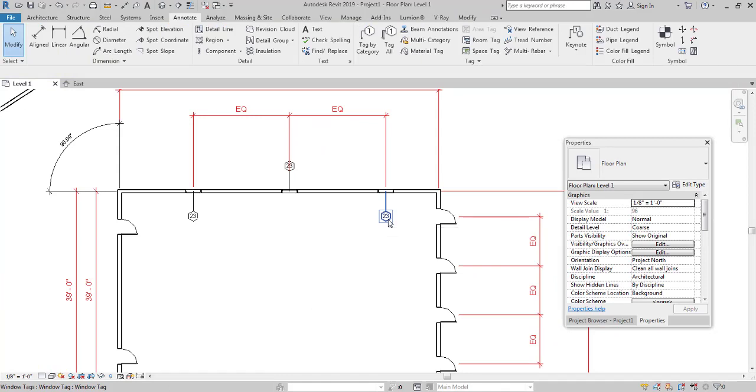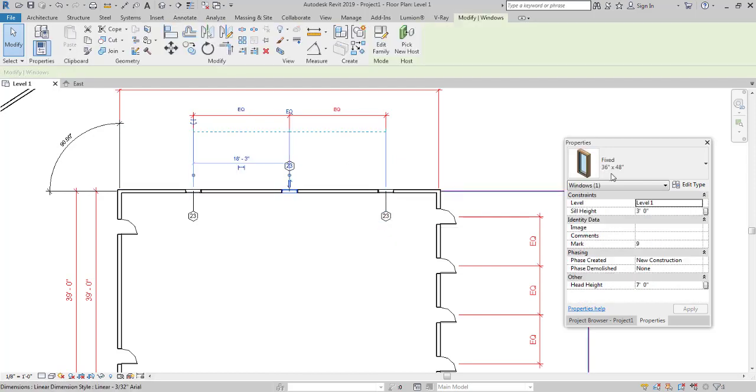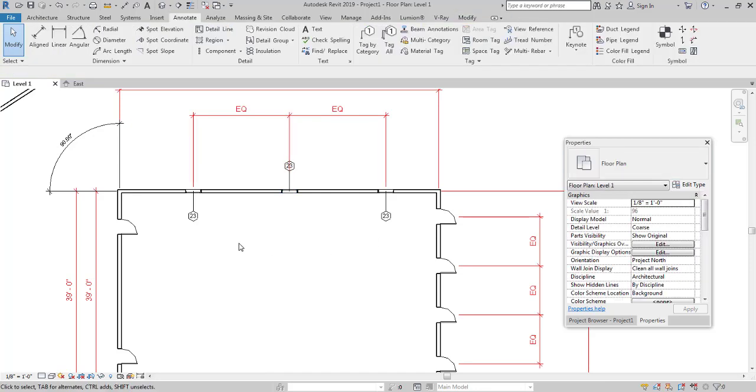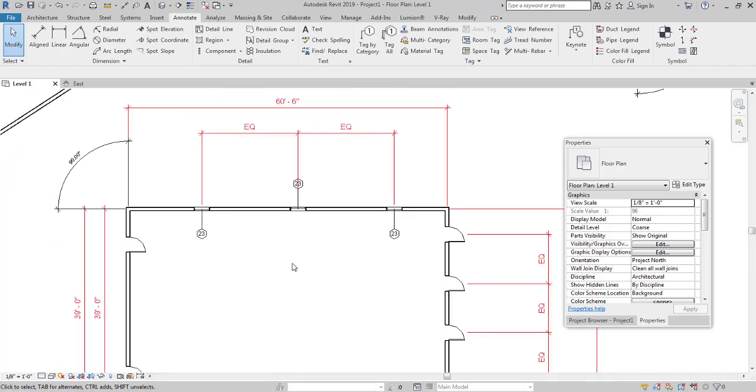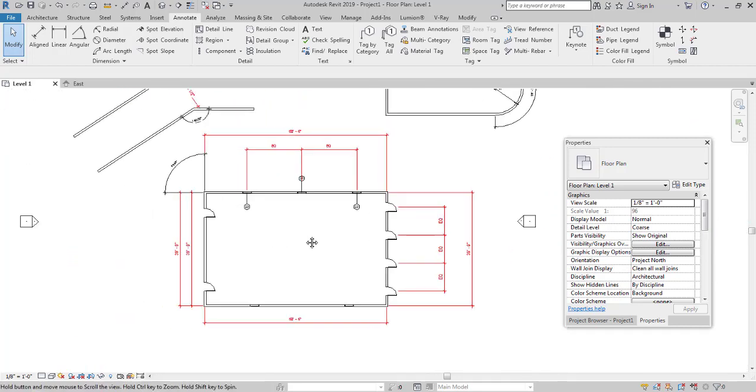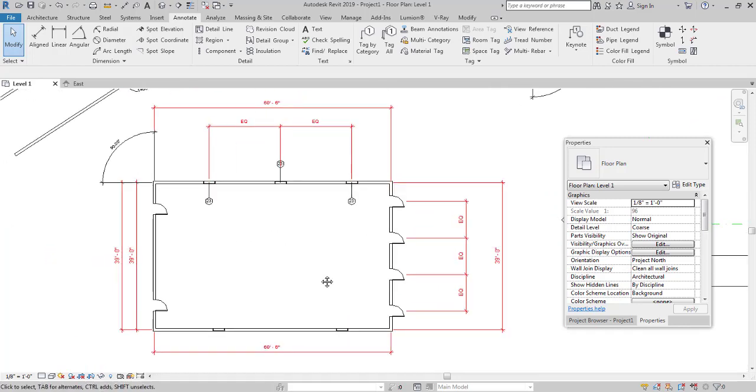Now this 1 is representing the type mark, or the type. Basically, tag by category is an extremely handy tool to be aware of when you're trying to create schedules. When there are a ton of windows involved, we need to tag each and every window so we can differentiate the type of window that we're using. For example, this window is 36 inches across by 48 inches, and I use another window with a different size, so it will be very hard for me to differentiate. That is why I use tag by category to tag windows and doors, so that it can help me with scheduling at a later point in time. And we can do the same for the doors, tag by category.